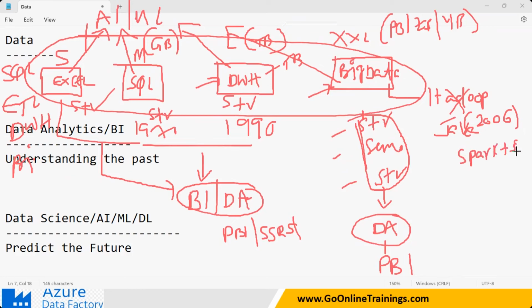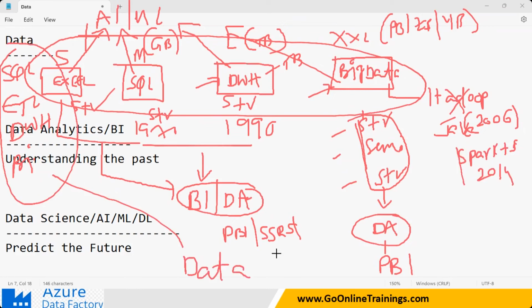Clear? Spark and Scala got released in 2014. So if you wanted to work with a large amount of data today, you need to know Spark and Scala also, or big data concepts, or Hadoop you have to know. So if you know all these things, you will become a data engineer. So a data engineer is going to be working with all the sources.